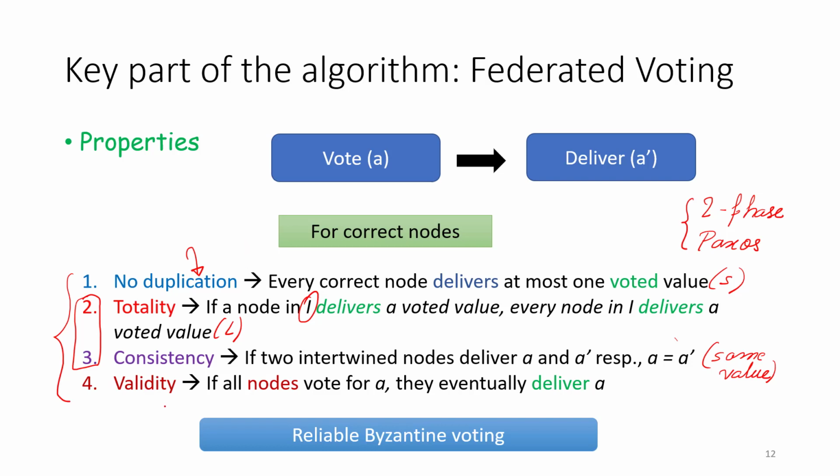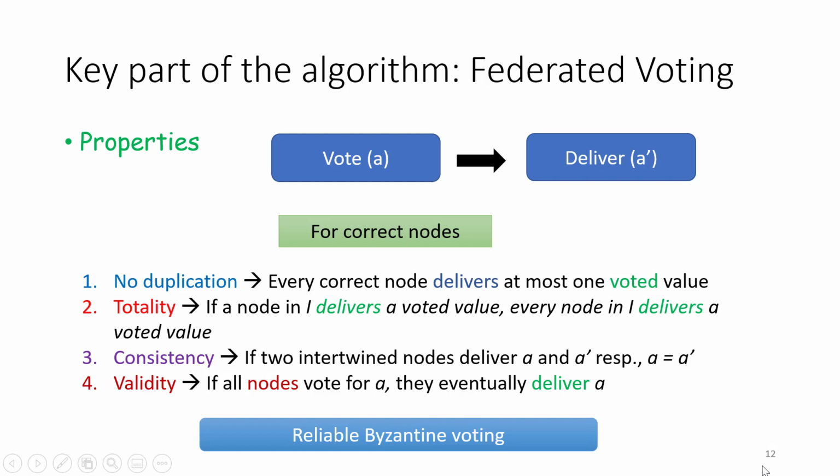And then of course we have validity. So validity basically means, this again was a safety condition. This is one more safety condition, the last one, which essentially says that you deliver only what you have voted for. So you don't deliver something else, you deliver only what you have voted for. If you look at it, no duplication was what? That on only one of the values, once a node delivers, it can't vote for any other value, or it can't also deliver any other value.